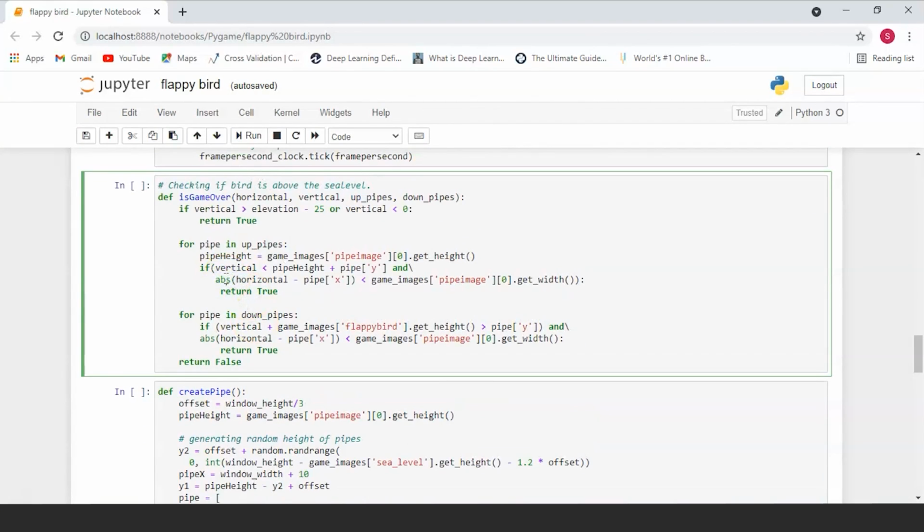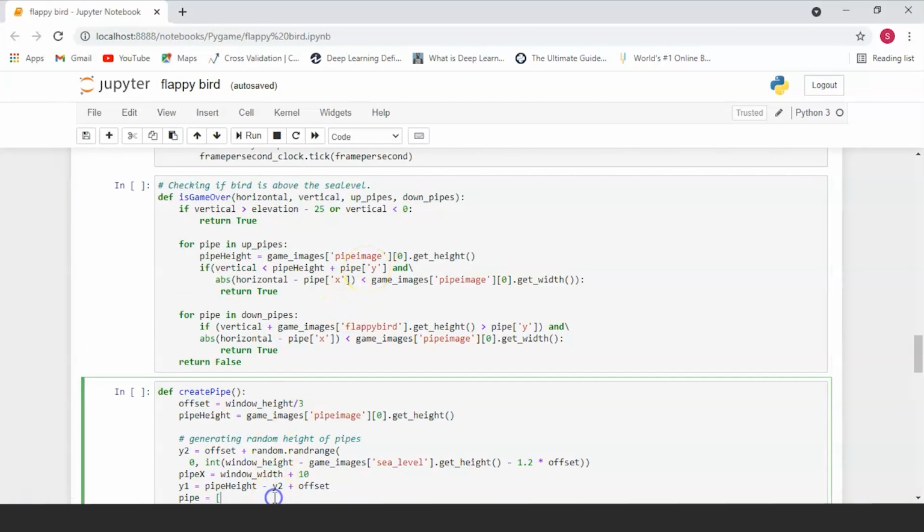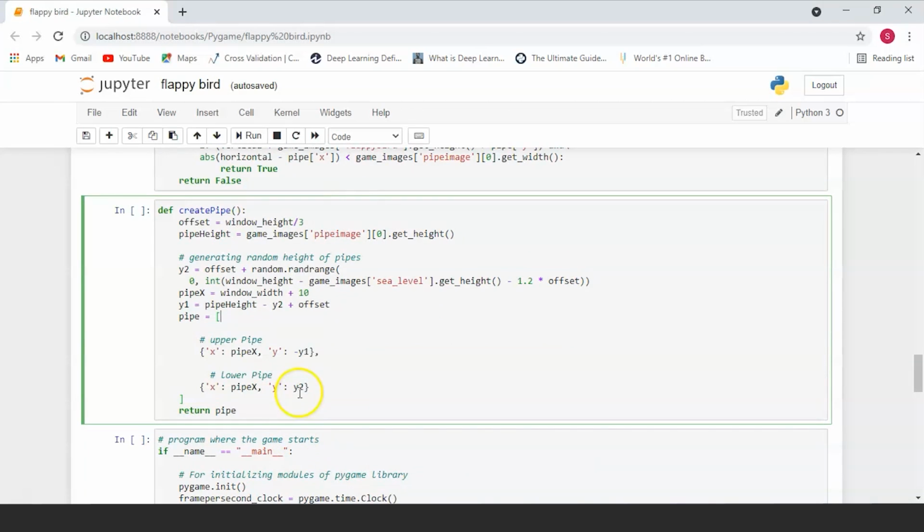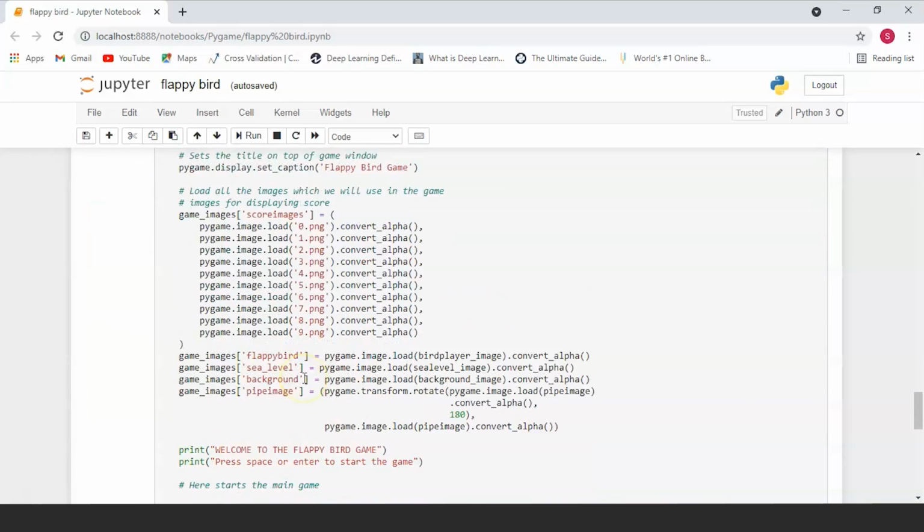This is going to happen under two conditions. One is that the bird hits the pipe, and the second condition is that the bird falls into the sea. And finally, we will have a module to create pipes of random height as and when the bird goes further into the screen. So basically, the pipes will be created as the user keeps going and not beforehand.